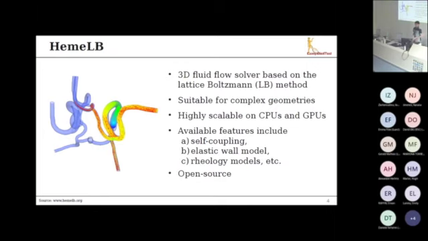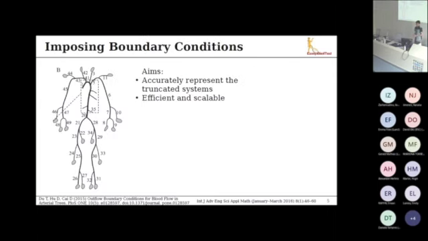Since in the audience you may already be familiar with HemLB, I will skip the introduction of this. What I'm going to talk about is how we impose the boundary conditions. Due to constraints in resources, sometimes the simulation domain is truncated and you just focus on the domain of interest. But this requires an accurate representation of truncated systems, as shown in the gray area in the left figure. And the strategy to impose boundary conditions must be efficient and scalable, being able to scale up to